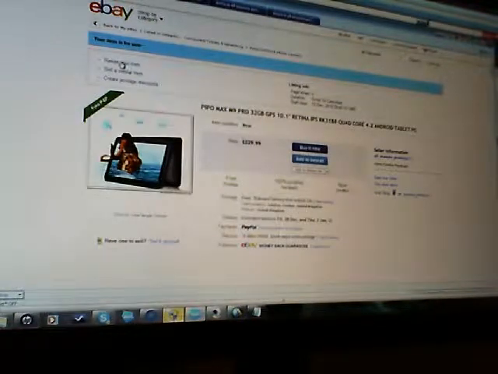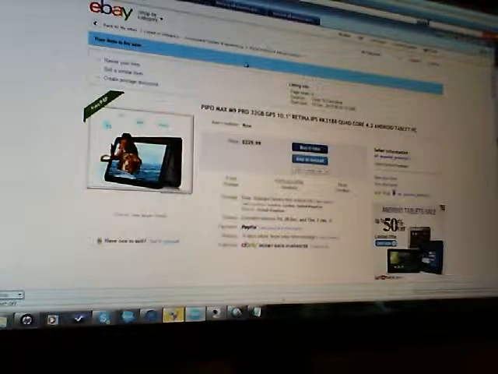And then to the left hand side here, where it says Active, you'll be able to see the product that we've just listed. You click on that, click on the actual product. And then what you do then, up the top left hand corner it says Revise Your Item. So if you click on that,